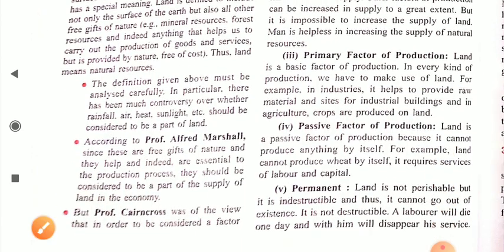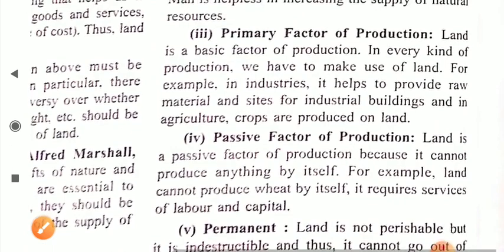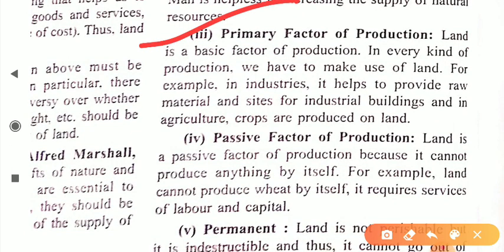The next part is primary factor of production. Dear student, be careful, this is an important point: land is the basic factor of production. It is a factor which you find in every production process, like in India for establishing an industry, a firm, a company, or for construction of houses, dams, buildings, roads. We do all our economic activities upon the land. So that's why land is a primary factor of production.